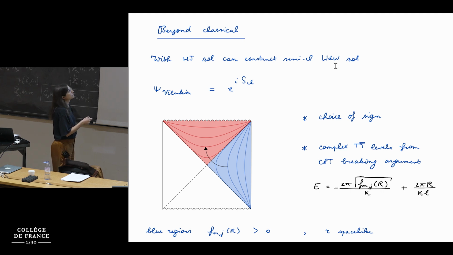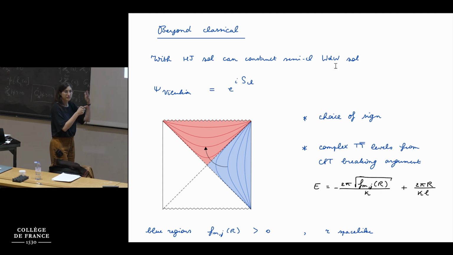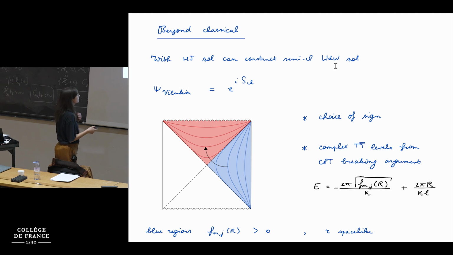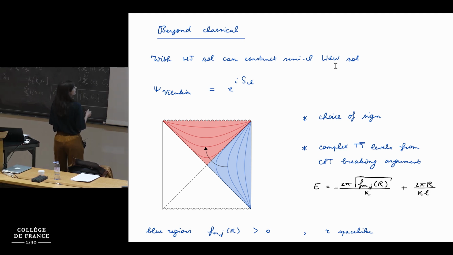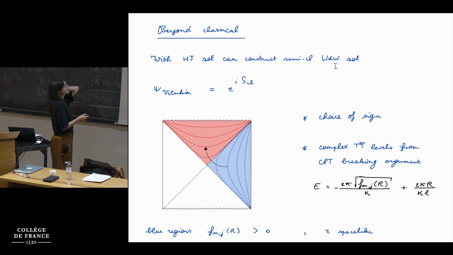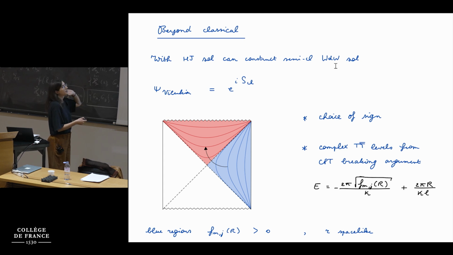So there's other solutions that you can make, which would be combinations of this one with the plus sign in the exponent and the same thing with the minus sign in the exponent. But if you don't do that, you call it a Vilenkin solution. So there's a choice of sign here by considering the Vilenkin solution, and that choice of time you can see here in the representation of our BTZ geometry. The choice of time corresponds to a choice of evolution as you cross the horizon,